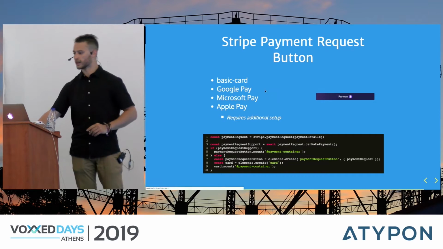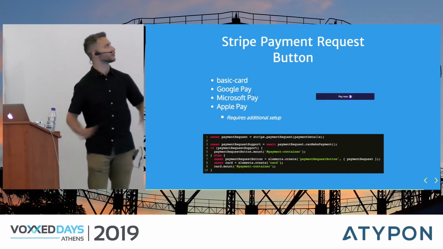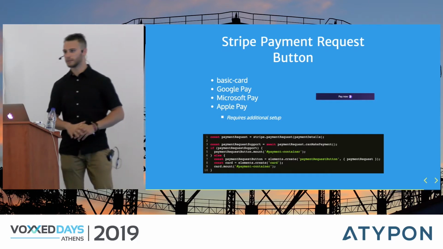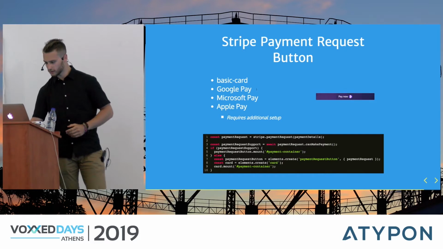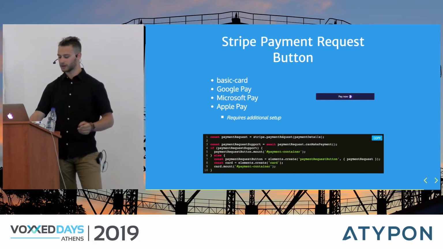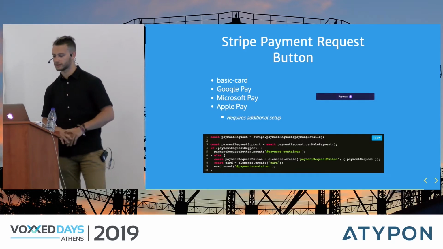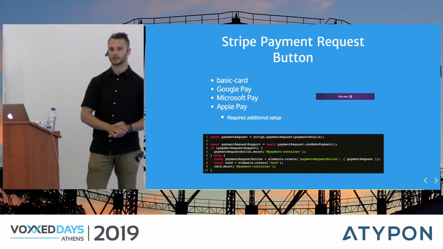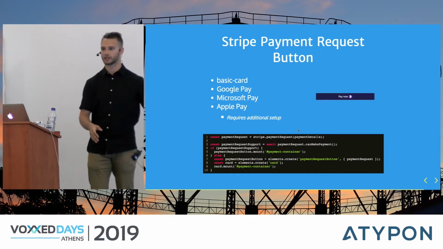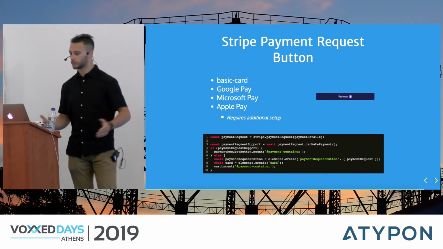This is just a quick look at how you would do this with Stripe. Like I said, again, Stripe supports these major payment types, and you basically import the library into your project, give it the payment details. You have this canMakePayment method, which is very similar to the canMakePayment method that we talked about earlier, that comes directly from the payment request API. And if they support this, then you